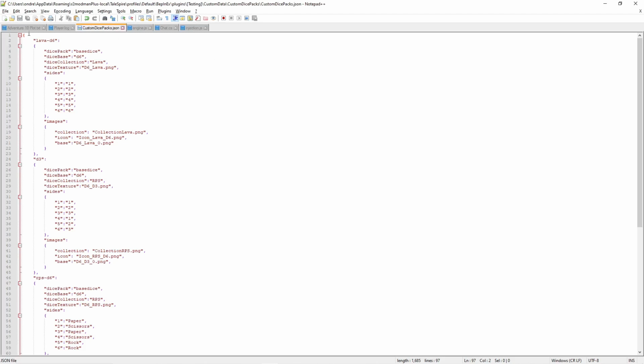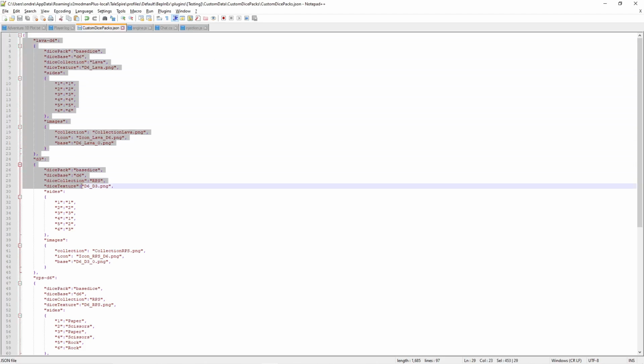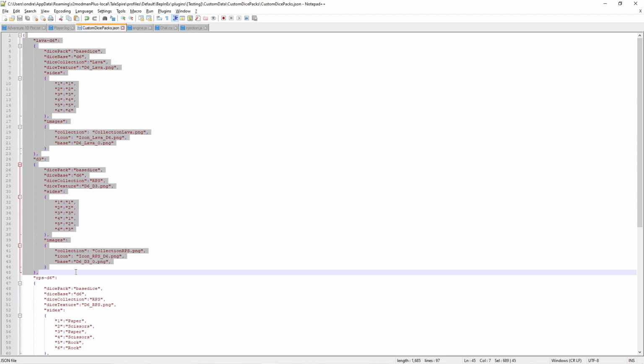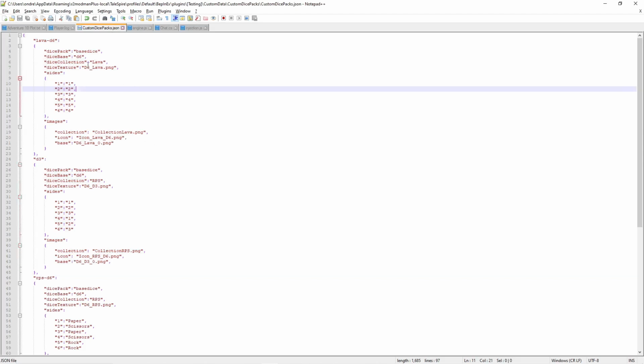So I've grabbed here the layout JSON file for your custom dice. It's a file called customdicepacks.json, and this is where you define all of the custom dice that you have. Okay, so I have an example here. It starts off with the name that you want to give that customization. So this is my lava dice, so I called it lava dice-d6